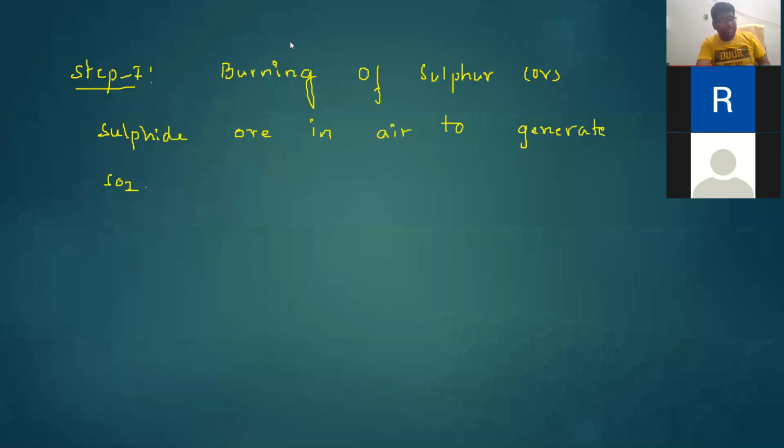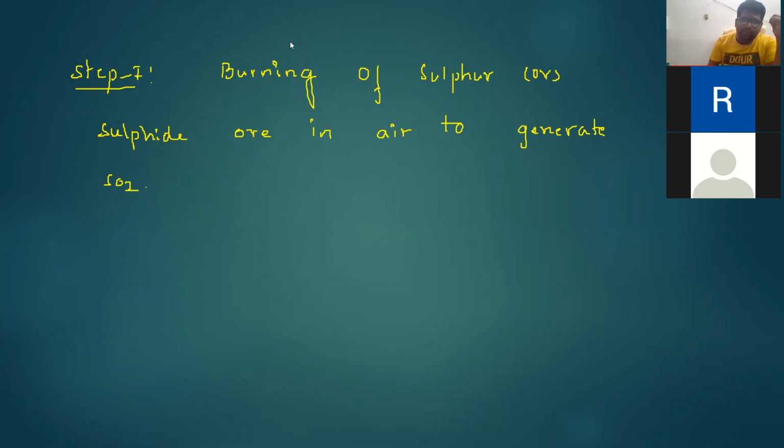Ore means, for example, galena. What is the chemical composition of galena? PbS, lead sulfide. This is one of the ores. Zinc blende, ZnS. So these are ores, Nana. Don't be confused about ores. Sulfide ores are, for example, galena and zinc blende. When sulfur or sulfide ore is burned, it easily generates sulfur dioxide. So that is the first step.